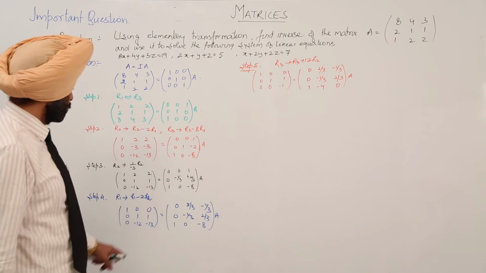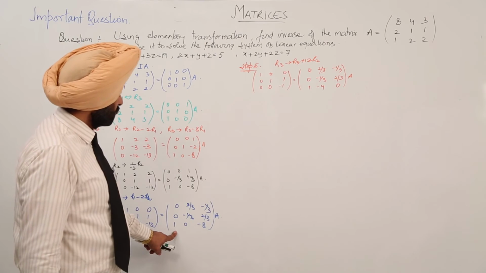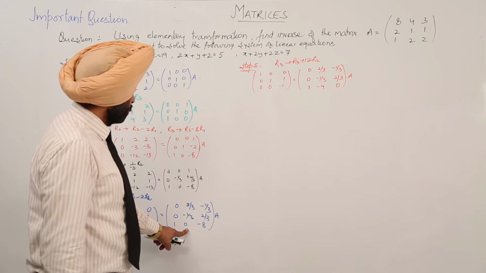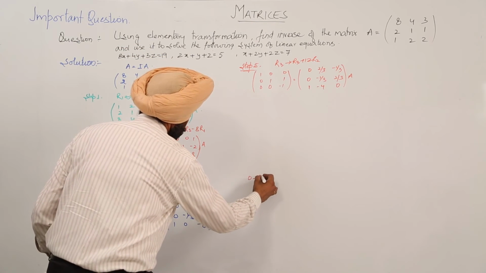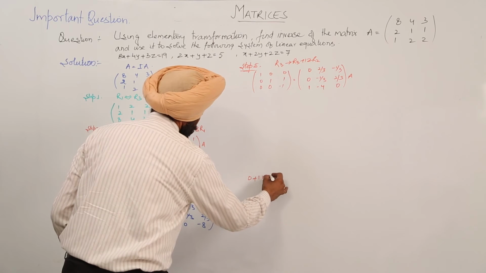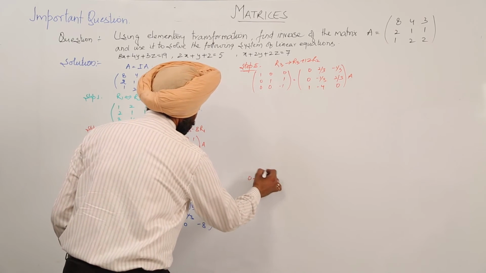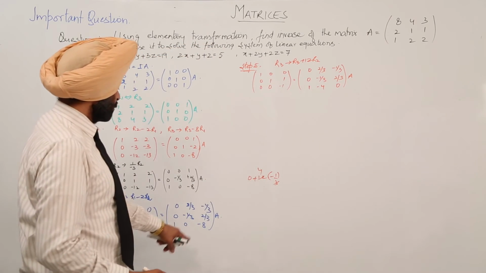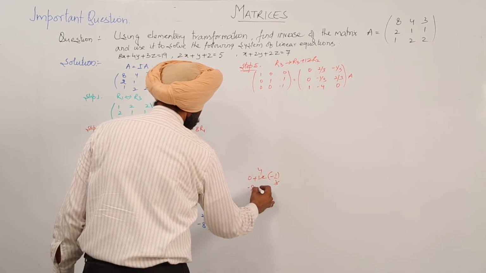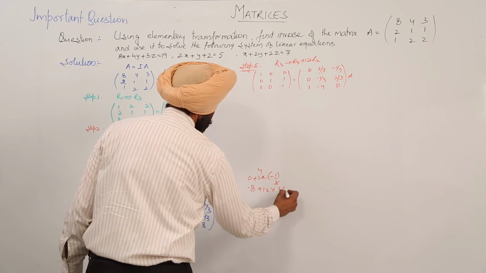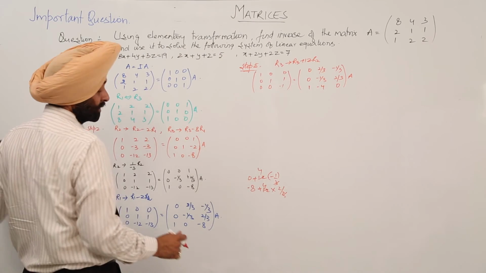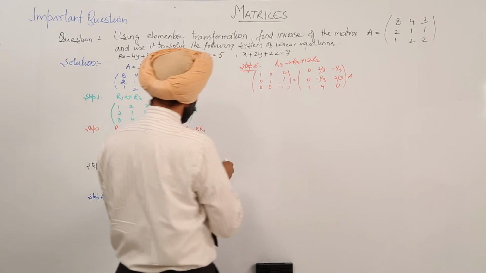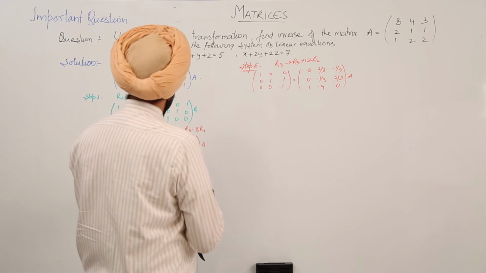Now you can check it. R3 is 1 plus 12 into R2. 1 as it is, 0. 0 plus 12 into R2 is what, minus 1 by 3. So this cancels, 3 4s are 12, 4 into minus 1 is minus 4. Similarly minus 8 plus 12 into 2 by 3, 3 4s are 12, minus 8 plus 8 is 0. Okay, so we can move like this one, step 5. Now step 6.